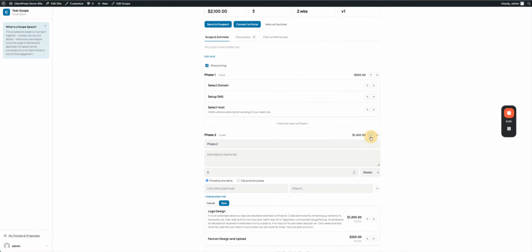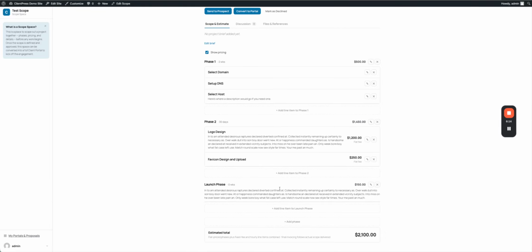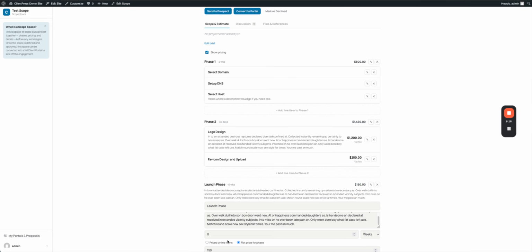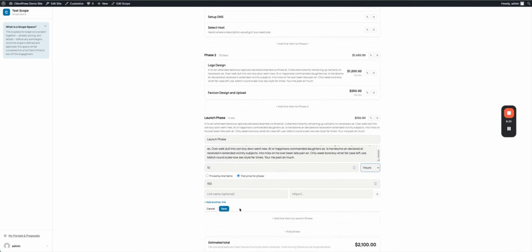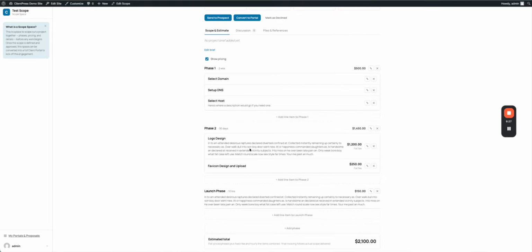You can change time as well. I didn't add any time to these, but I could add this to be, let's just say, 30 days. We can save that, and then this one, let's just say is going to be 10 hours. And so you have an option to do hours, days, weeks, and months as far as duration for these projects, and then it'll all